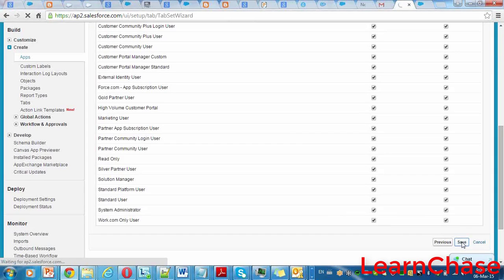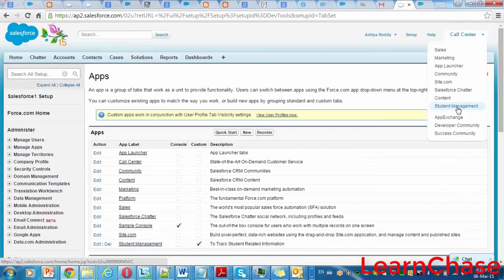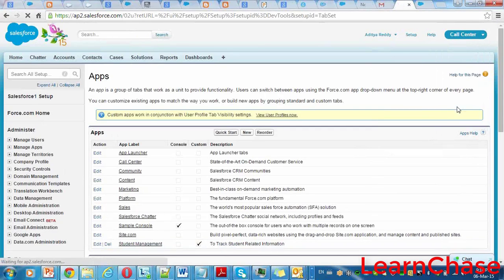So it will show up in the list of applications at the top right side. See this? Now the tabs that you selected while creating an application also come here.